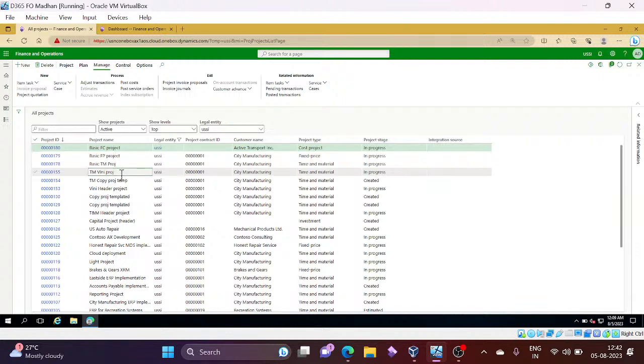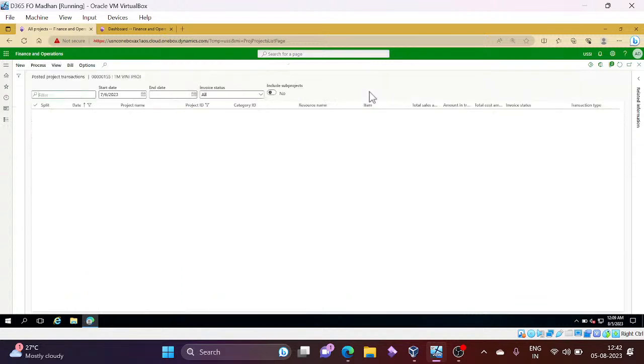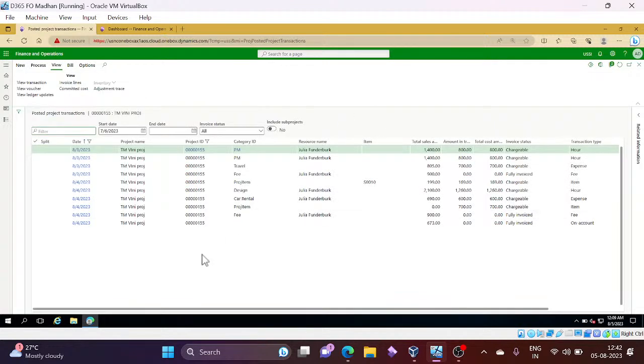So 155, this is the first project we posted a few transactions to in the first session of this project management accounting. Okay, these many transactions we have,